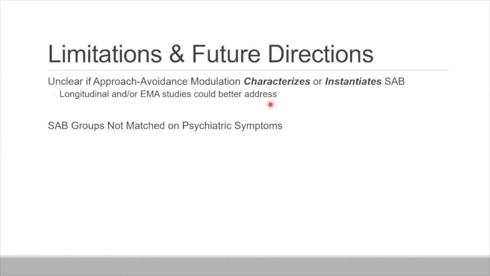And as I mentioned earlier, these social avoidance groups, we did not match them on psychiatric symptoms. In all of our analyses, we controlled for the DASS, which measures anxiety and depression, and things still remain significant. But that doesn't necessarily rule out the possibility that social avoidance modulates behavior differentially in mood versus anxiety disorders. You might imagine that in mood disorders like depression, there might be more effects for social reward, and for anxiety, there might be more social threat effects. So we try to control for that, but it's not something that we can definitively rule out by any stretch.